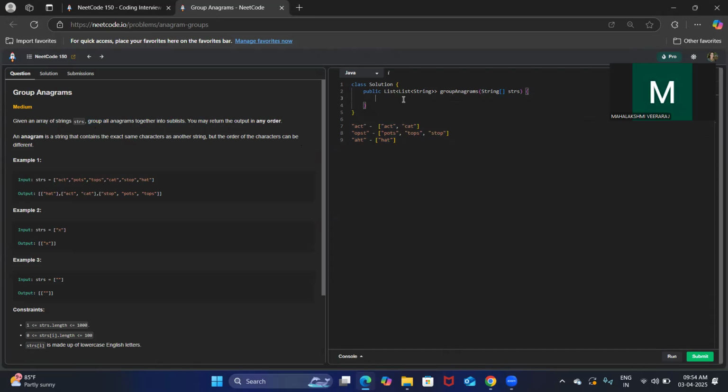So let's implement this in code. int i equal to 0, i less than strs.length, i plus plus. Let's create a string which represents the current string, equal to strs of i. Then current string dot toCharArray will give me the character array. Let's say in this particular example one,